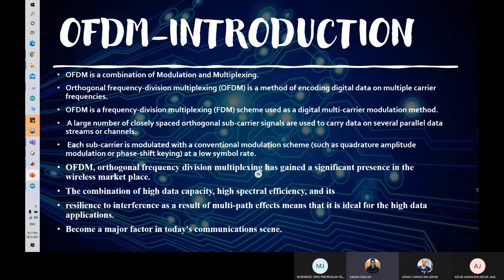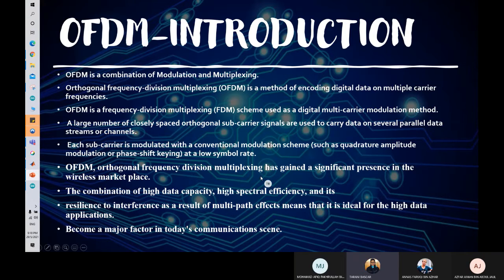First, we will start with the OFDM introduction. Basically, what is OFDM? It's a combination of modulating and multiplexing. As I have said, OFDM stands for orthogonal frequency division multiplexing. It is a method of encoding digital data on multiple carrier frequencies. OFDM is a frequency division multiplexing scheme used as a digital multi-carrier modulation method, and a large number of closely spaced orthogonal subcarrier signals are used to carry data on several parallel data streams